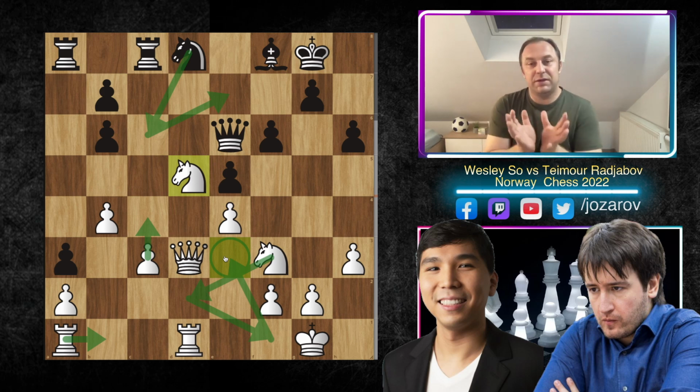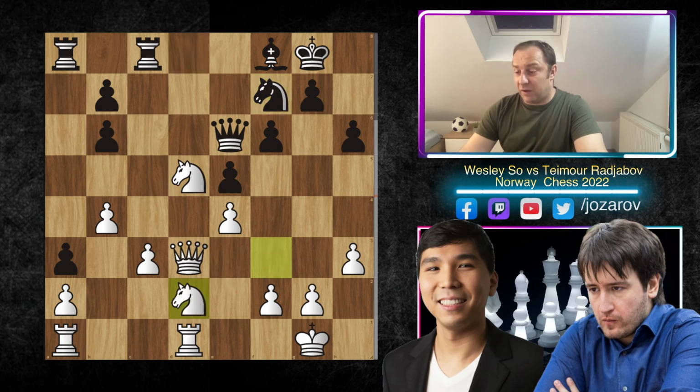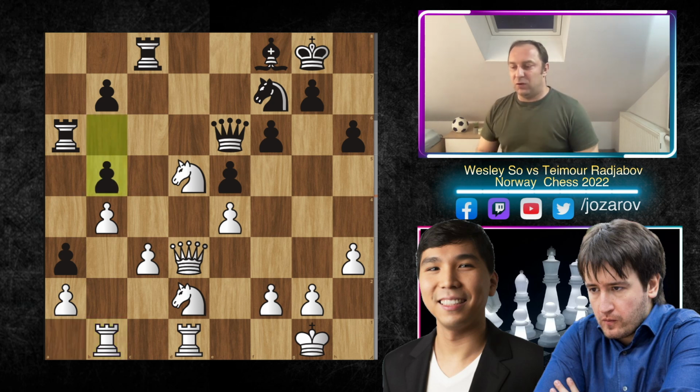So what you should do in this position, you should just stick to your plan, just compete for the d5 square. So here in the continuation, we have knight to f7, we have knight to d2, rook to a6, and now rook from a to b1, and here b5 was played by